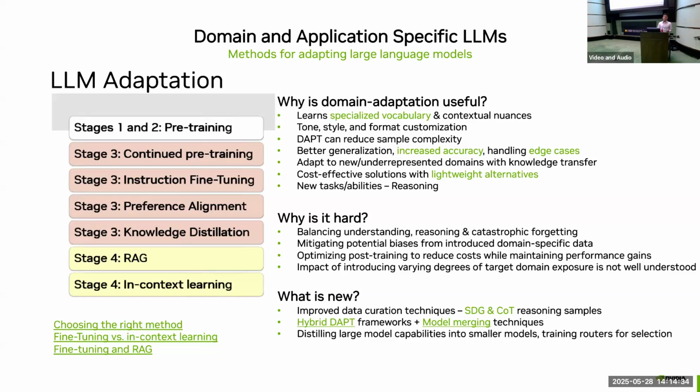And then there's a lot of new things here too. We need to look at how to do data curation appropriately. We need to sometimes learn new frameworks, and it can be a lot to learn. And so that's why domain adaptation is useful, to help expand the capabilities of our models.